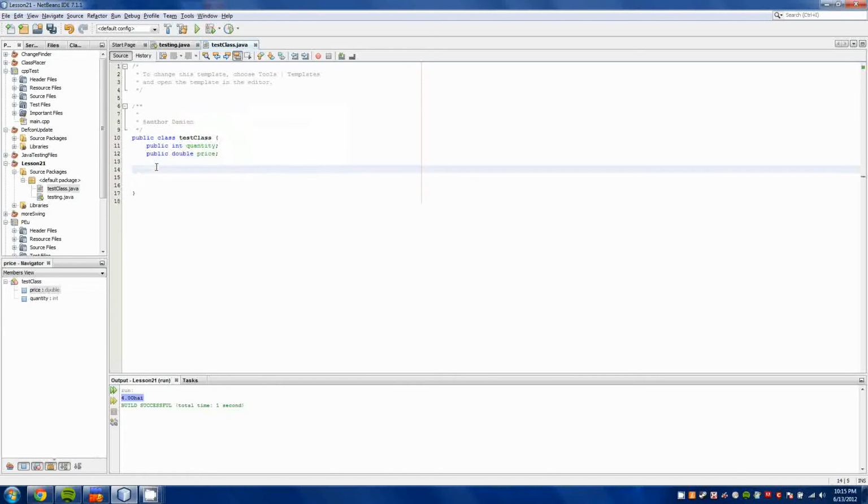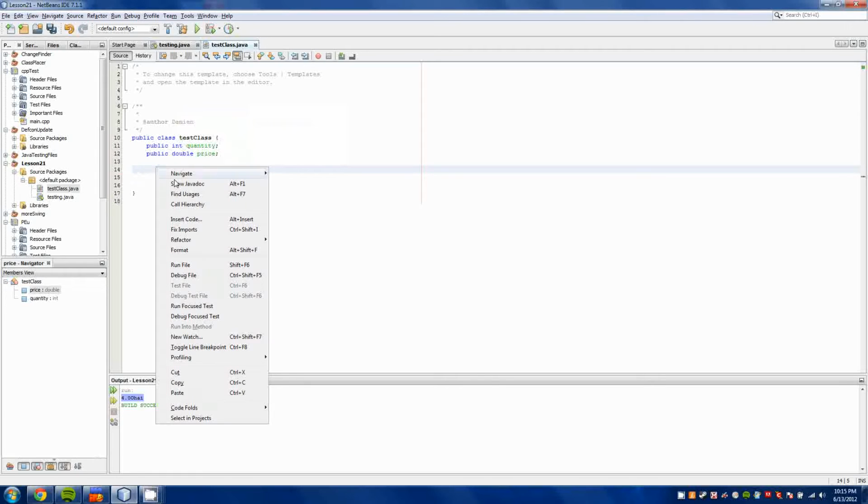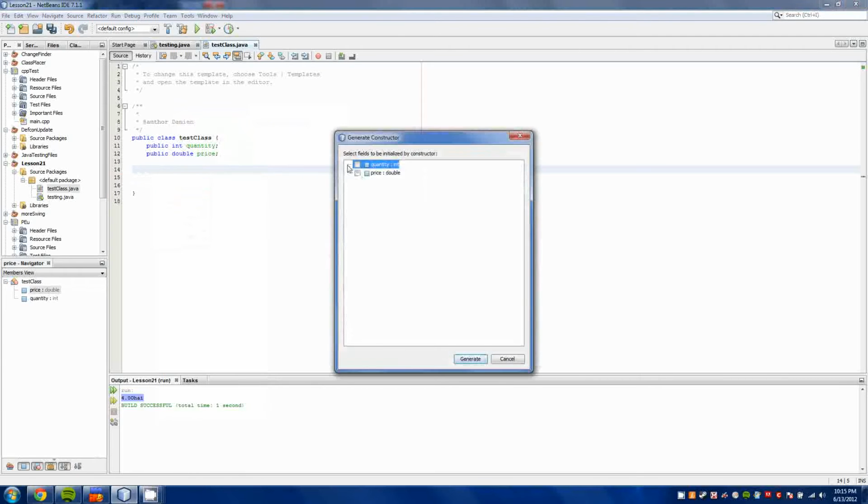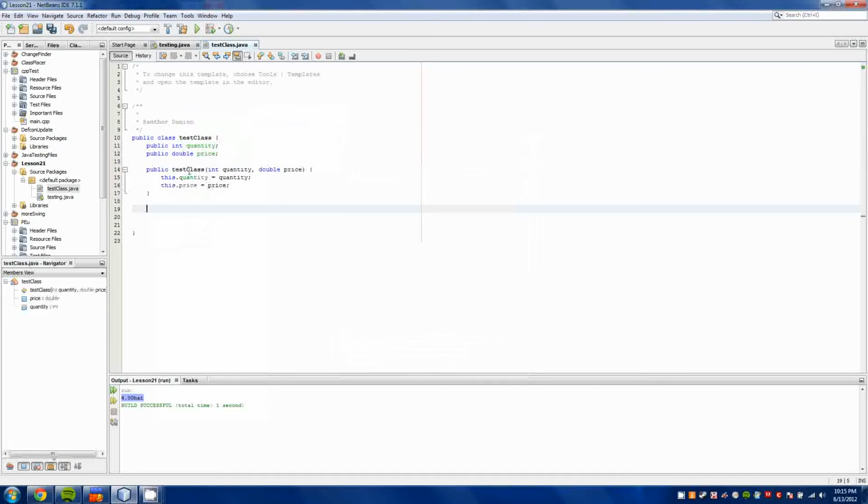Easier way to make constructors or anything, by the way: right click, go to Insert Code, go to Constructor, tick off both of those, and it generates your constructor for you. And that would be why, because I wasn't using anything and I just used a semicolon. My brain's fried after a long day. Give me a break. So anyways, we have our constructor built,